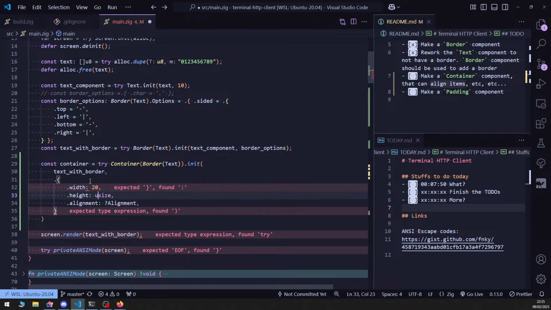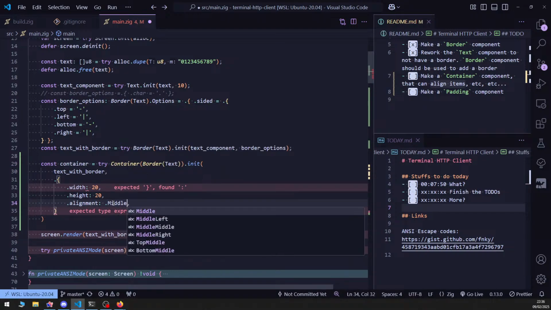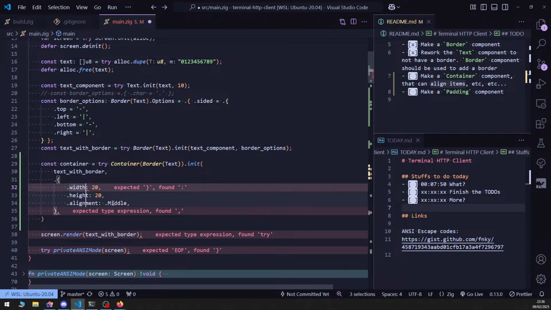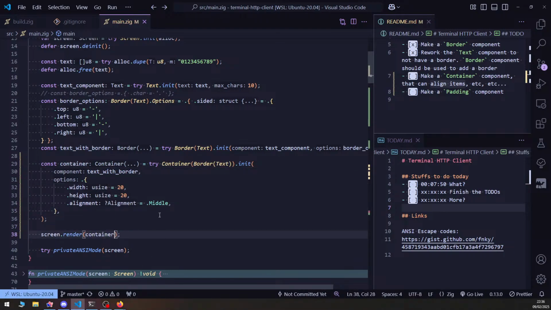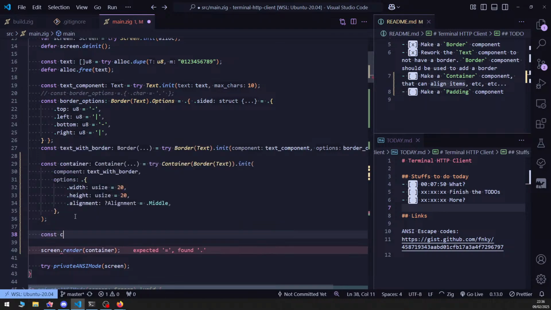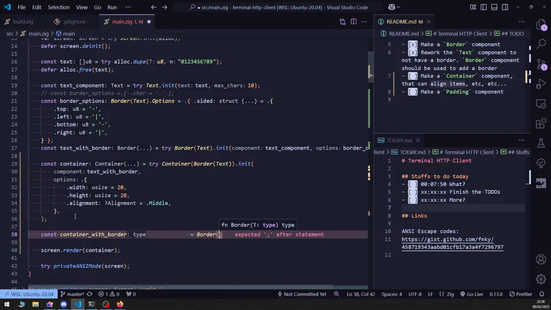20 by 20 and dot middle. Okay, this container. But then we should border that up with another alloy. Const with border. The border